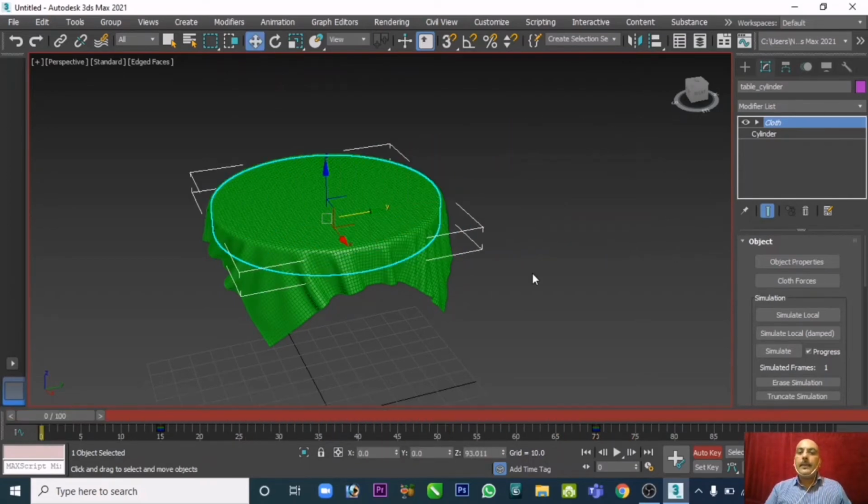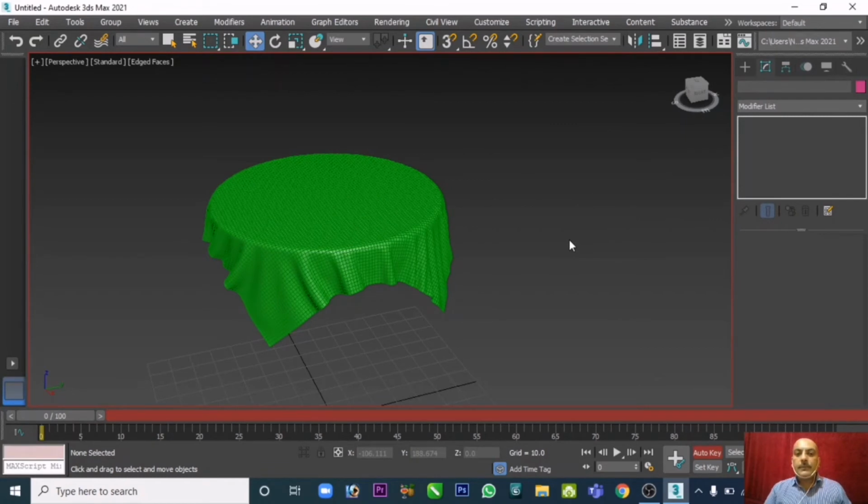Now, in the beginning, we have done the animation part. Now see how the animation is coming. If I play the animation, see here that the table is moving outside, right? Now again come to this starting frame, zero frame, click on this cloth,